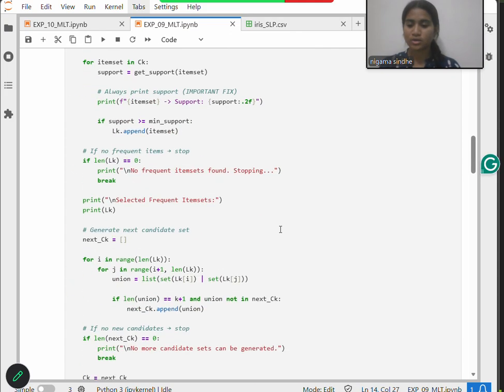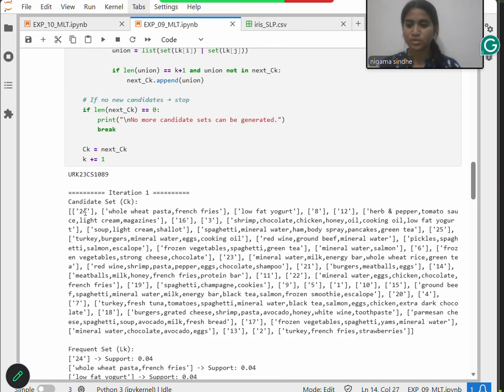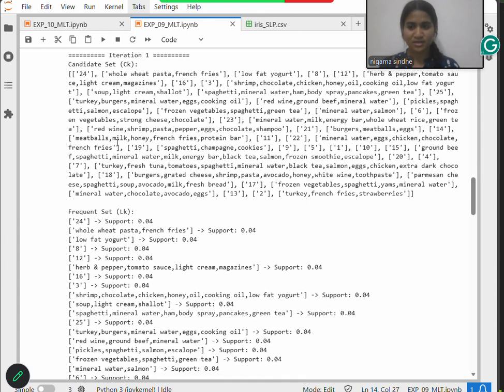Looking at this code and the output, here we see 24, whole wheat pasta, french fries and low fat sugar. Next at 18, 8 and 12, here we see herb, pepper, tomato. So at each step, after this